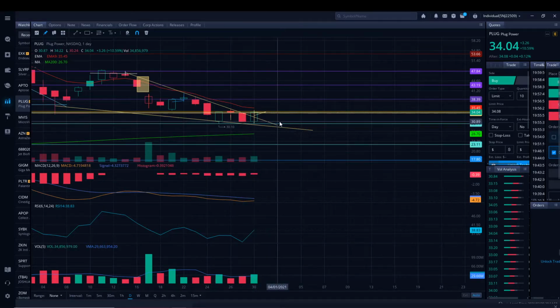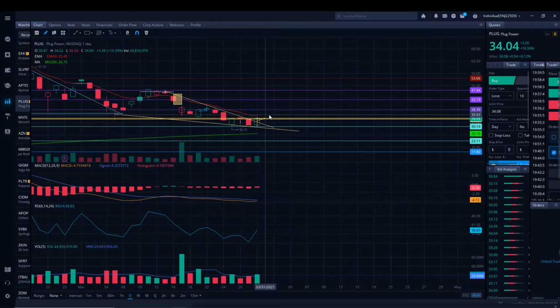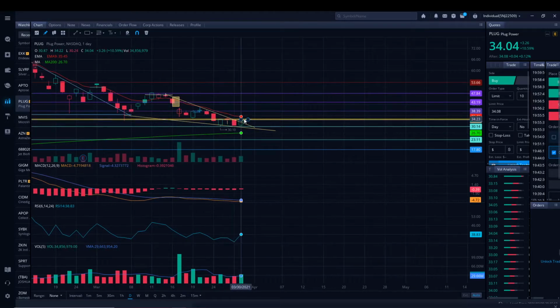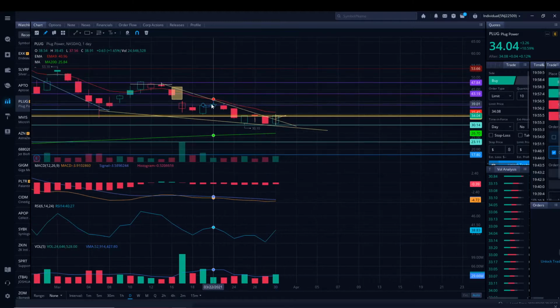You do see a little bit of a bullish engulfing pattern on the daily, so that is a bullish sign when the candle completely engulfs the previous candle. This is generally a bullish indicator, so keep an eye on that. That is huge potentially. So we are below the 9-day EMA on the daily, which is more of a short-term